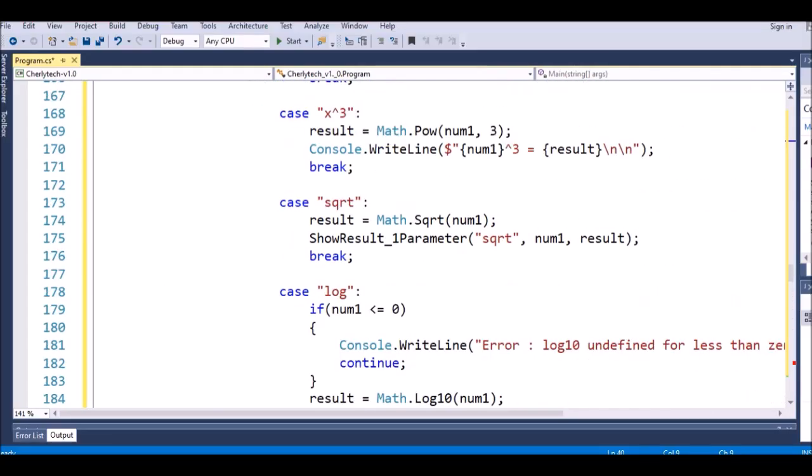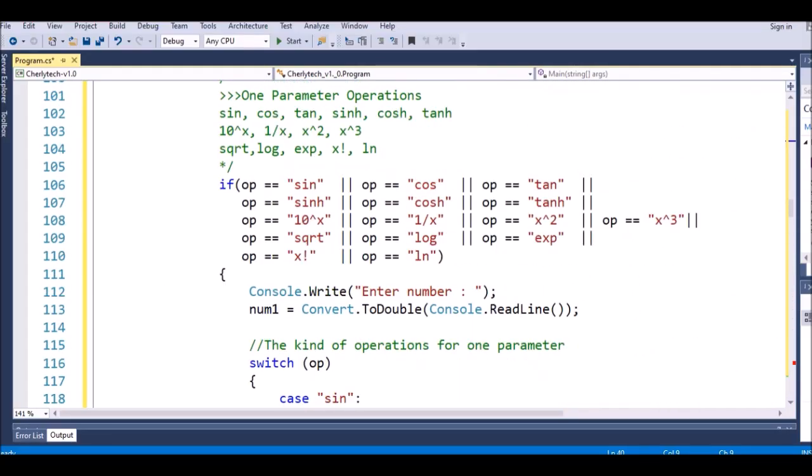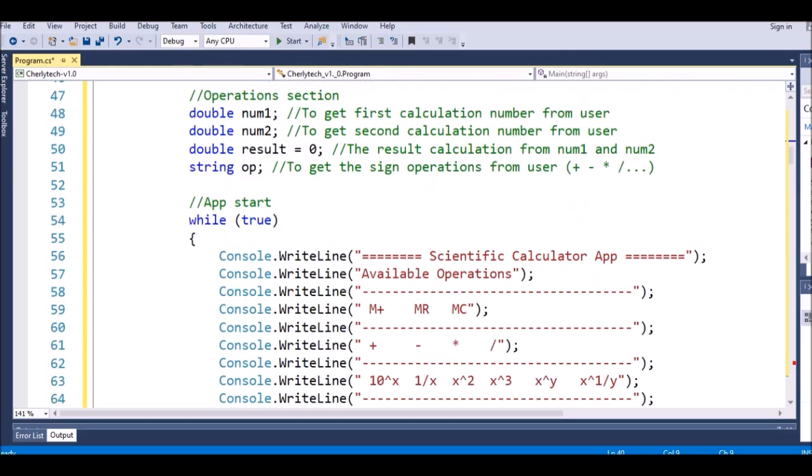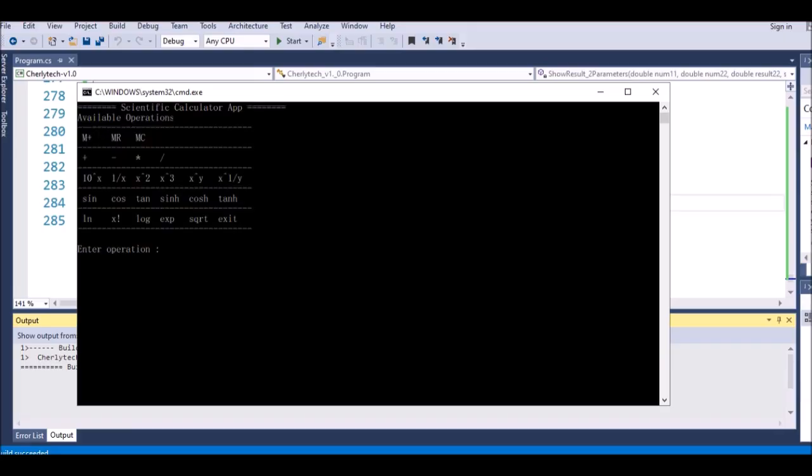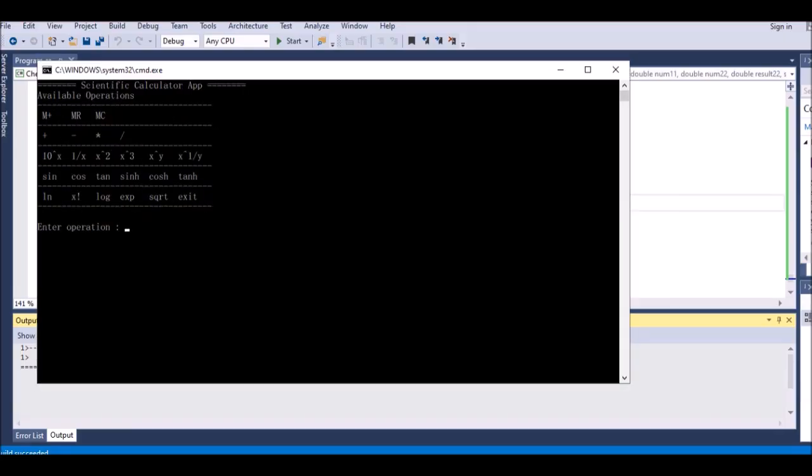So now let's run our program to see what will happen. So just press Ctrl F5 on the keyboard. So now you see that the result will be as you see in here. So let's try